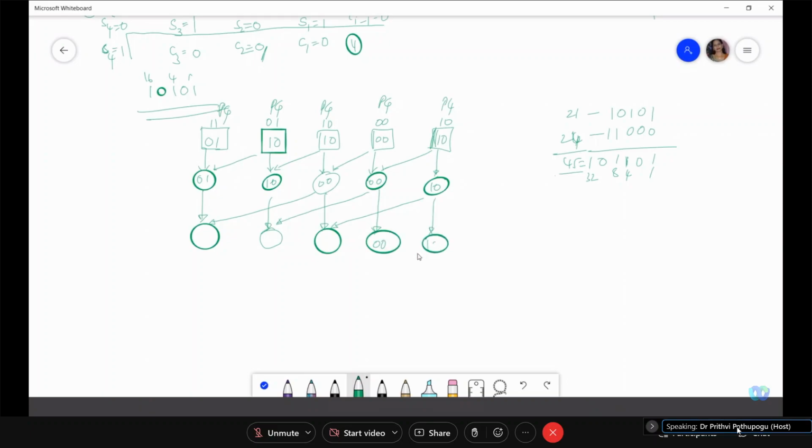Now, take these two. 0 and 0 or 0 is 0. 0 and 1 is 0. 1 and 0 or 0 is 0. 1 and 0 is 0. Next. 0 and 0 or 1 is 1. 0 and 0 is 0. So you can take this as a carry generate, carry kill, or carry propagate